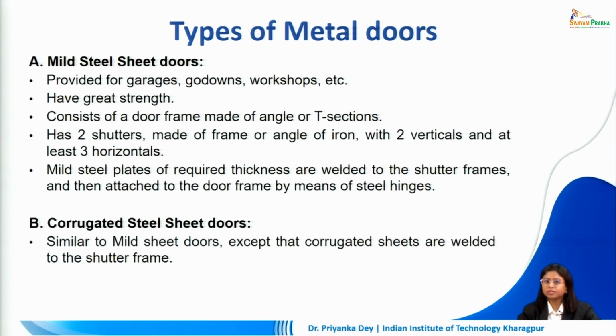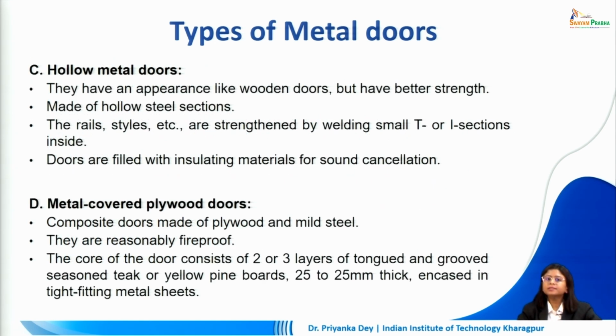Normally it has two shutters made of frame or angle of iron with two verticals and at least 3 horizontal members. The mild steel plates of required thickness are welded to the shutter frames and then attached to the door frame by means of steel hinges. The corrugated steel sheet doors are similar to the previous example, except that corrugated sheets are being welded together to the shutter frame. In case of hollow metal doors, they have an appearance like wooden doors, but they have better